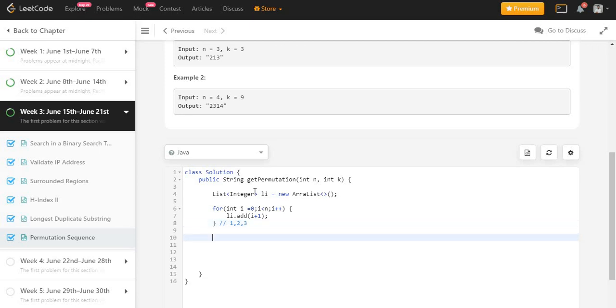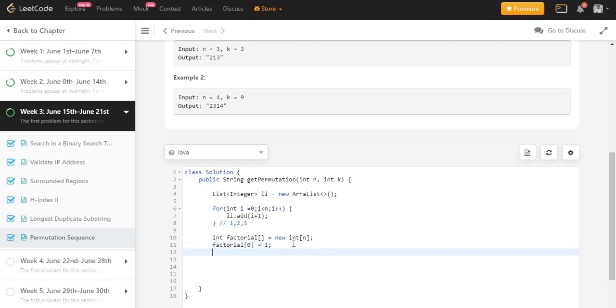The next step is to calculate the factorial for each index. So let me declare one int array factorial, and the size will be n, new int of size n. Then I will initialize the first element of the array, the first factorial, as 1.